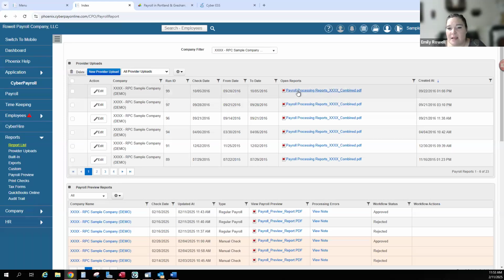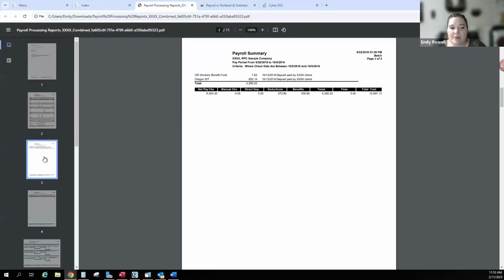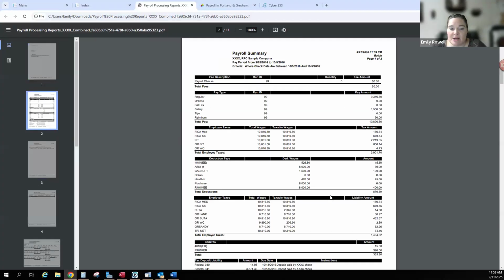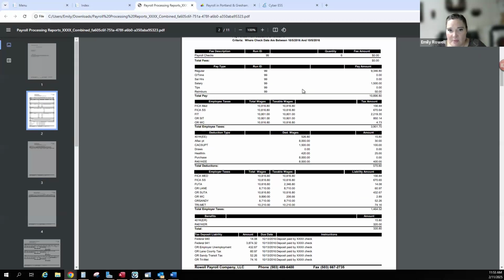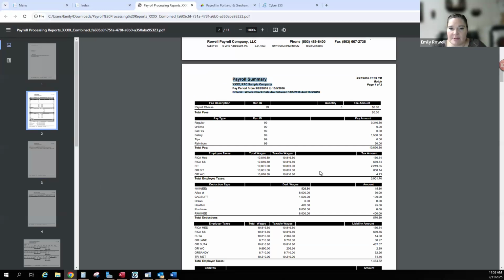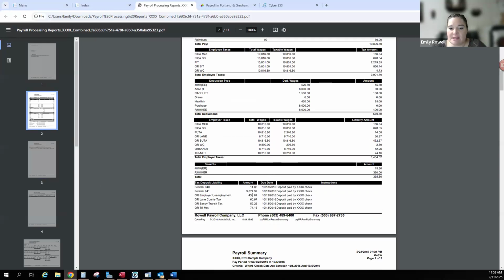So when you select the actual report title here in provider uploads, these are your employer reports, and as you open them up, you'll see that it'll have information in here. One of the very important reports is what we call a payroll summary. The payroll summary is very important because it's going to list out for you down here in this tax deposit